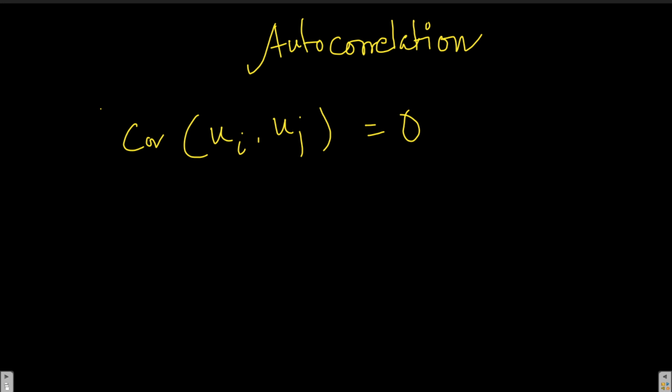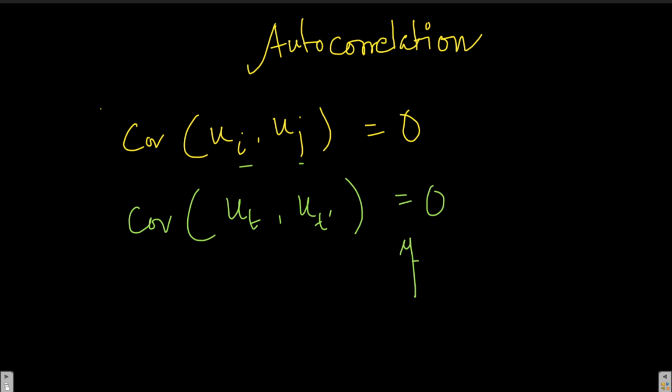Now particularly for autocorrelation, we use the term t instead of i and j. So how do we write that? We write it as covariance of ut and ut prime is equal to 0. So that is what we have to have if autocorrelation is 0. Now why do we have these different notations? Well,